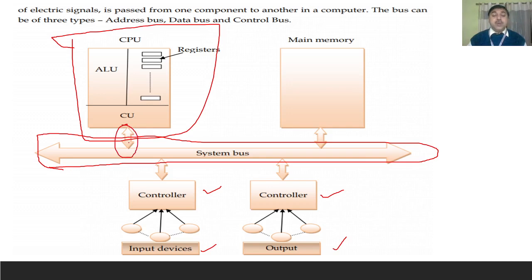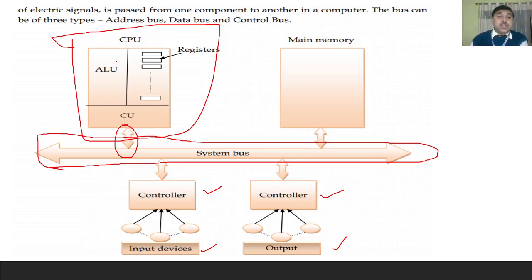Why is it a both-way arrow? Because when you send any information or data, it can be transmitted from one panel to another panel. This is how the work can be conducted, and that is the main memory. When the work is being done, it will be sent to the main memory. The main memory will again send it here, and from here it will go to the CPU, the central processing unit.